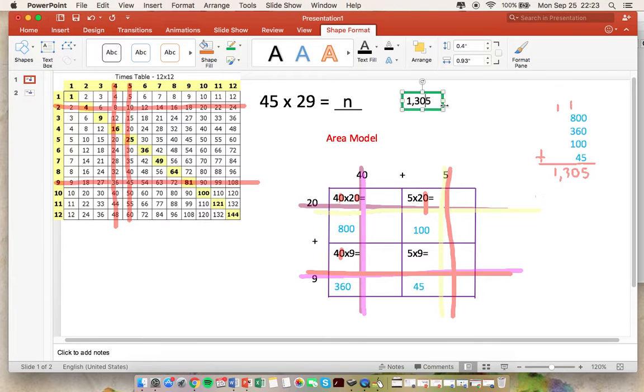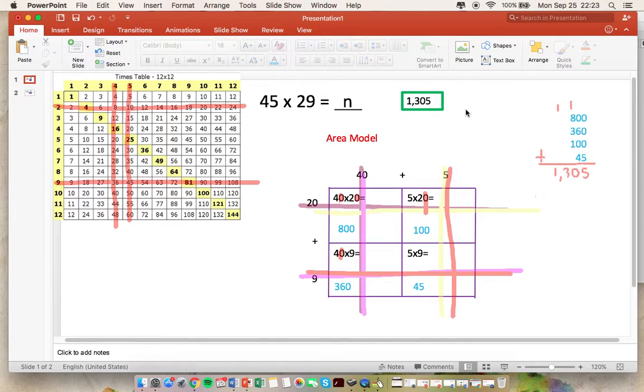And again, I encourage all my students to please box in their answers so that I can see them easily when I look at their papers. And that's it. That is how you solve multiplication using